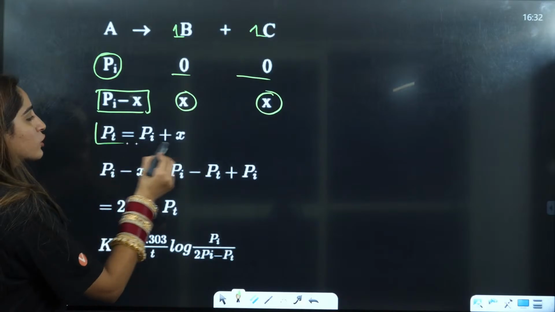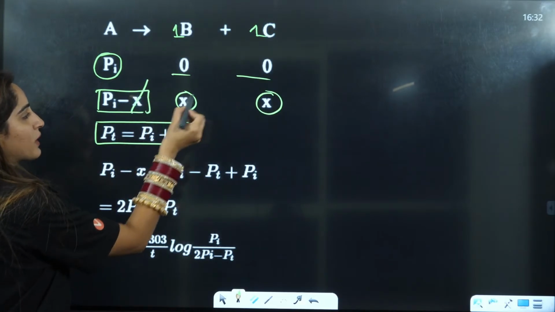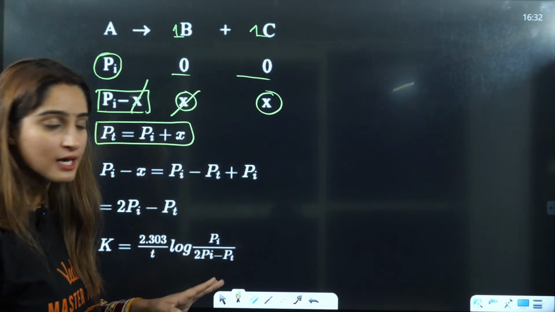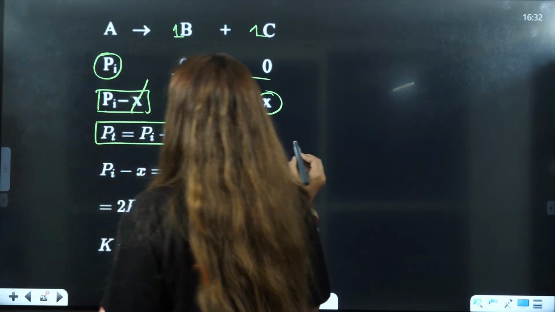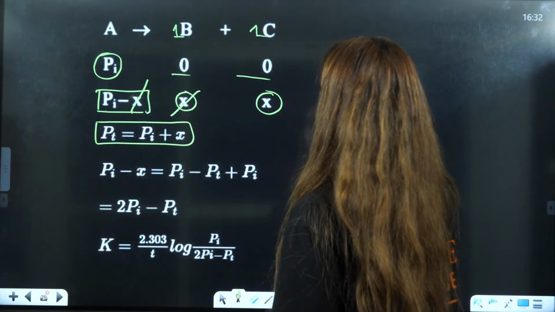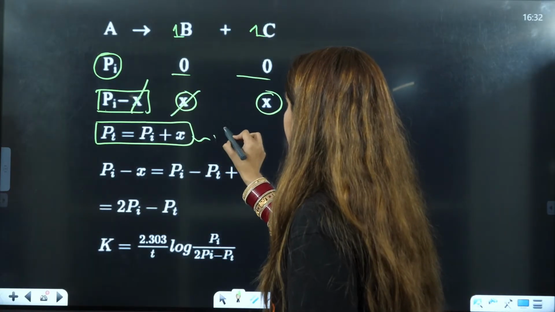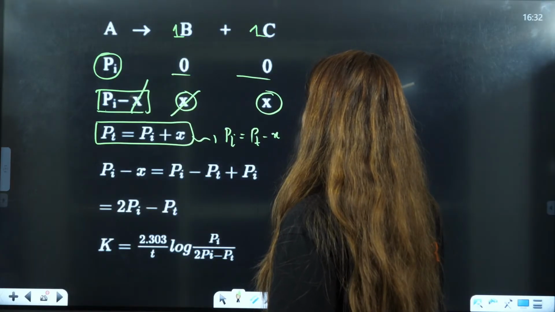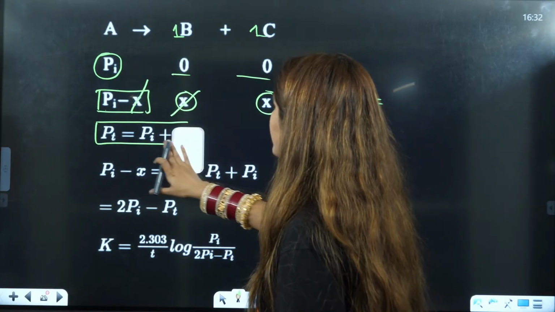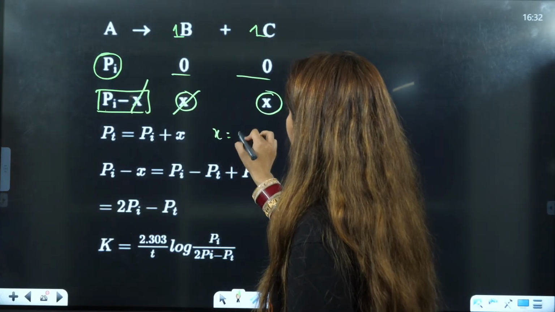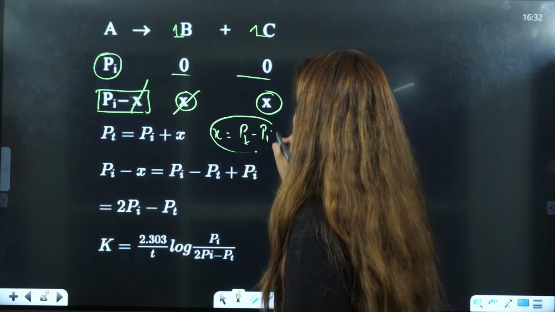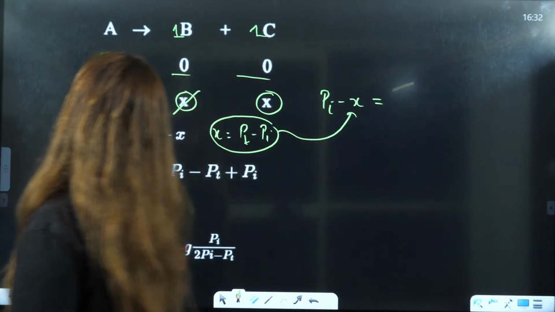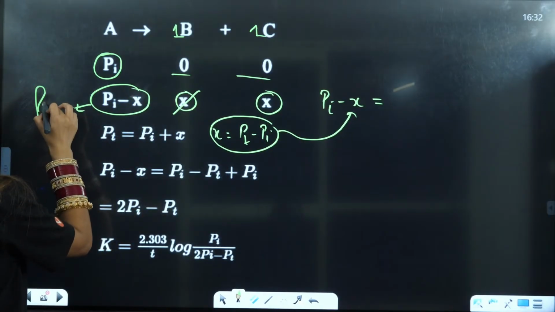Now here, what is the total pressure? That is the addition of all of this. When I add all of this, these two will cancel and I'll have Pt equals Pi plus X, right? But I have to find the value of Pi minus x. From here, Pi will be equal to Pt minus x. Or you can just find the value of x here. X will be equal to Pt minus Pi. Put the value of x here in Pi minus x, because that is the final pressure.